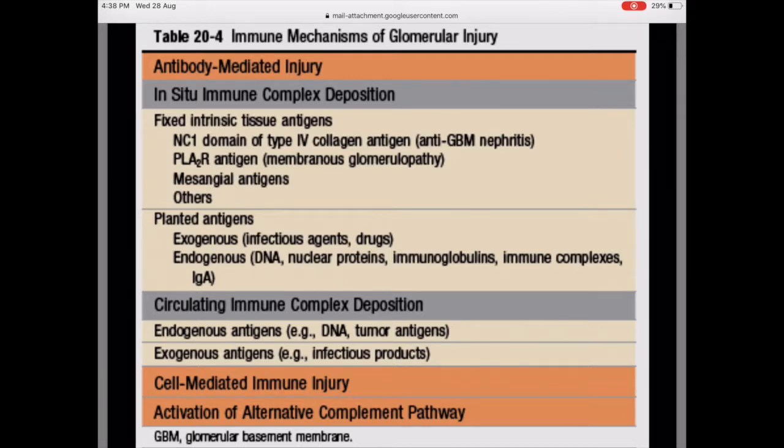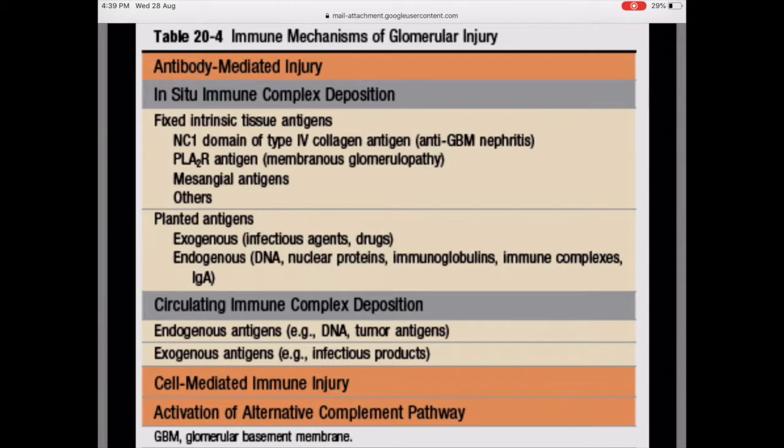So examples for this are the exogenous infections, hepatitis B virus, C virus, and drugs, or some of these proteins may be circulating and they get entrapped in these places. Examples for this are DNA, nuclear proteins, immunoglobulins and immune complexes. Circulating immune complexes are again one more mechanism by which they get entrapped in the glomerulus and they initiate inflammatory